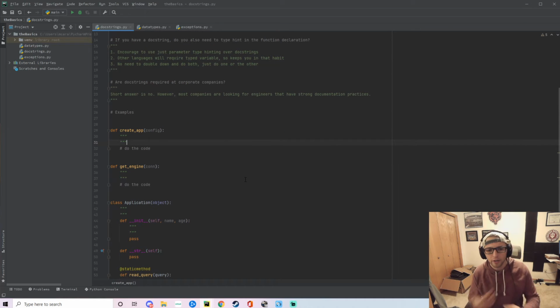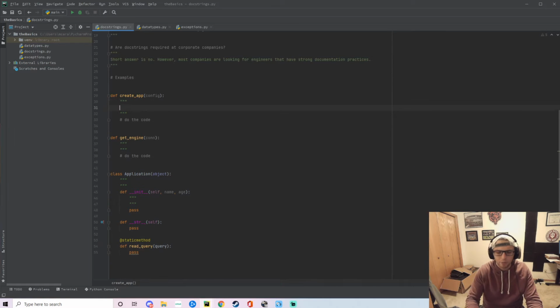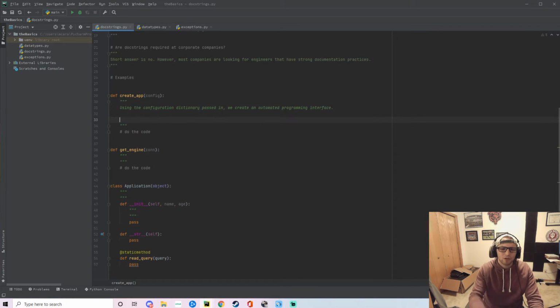So now we're going to go down into the code along section here. I've went ahead and created a couple of functions and then a helpful little application class. With this first one, I'm going to go ahead and give you an example of create app. And then in the get engine, I'm going to give you what could or could not be a good example. So you'll see what I mean in just a second. Just hang in there. But for this one, I'm going to give a brief overview that gives you a high level of what this create app is.